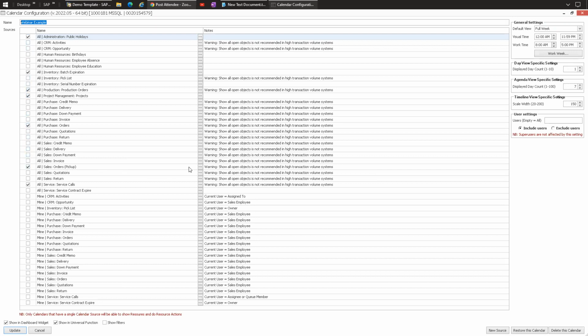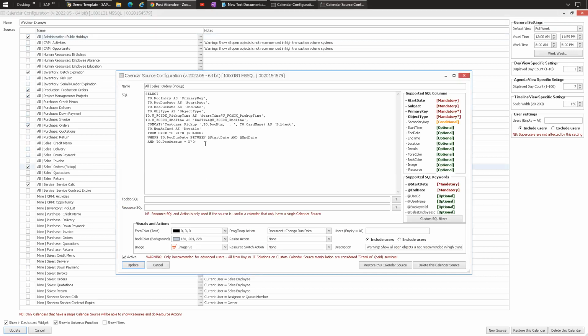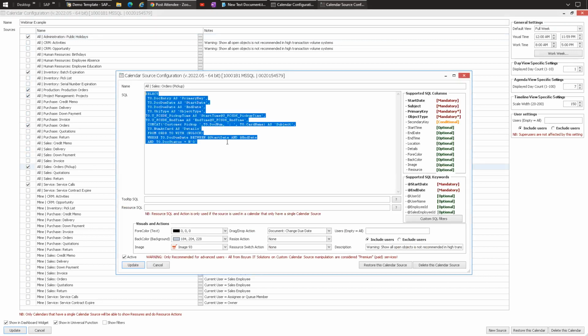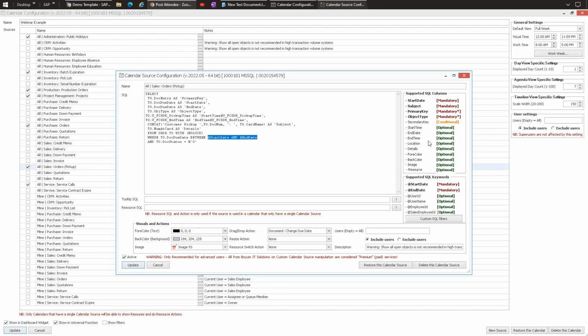So let's drill into this pickup. And you can see it's just an SQL query. It has a certain number of variables there, and then it has different columns for how you're going to show them. So you could have different images. There's a resource view where you can balance between resources. You can do different back color, fore color, details, locations, usernames.